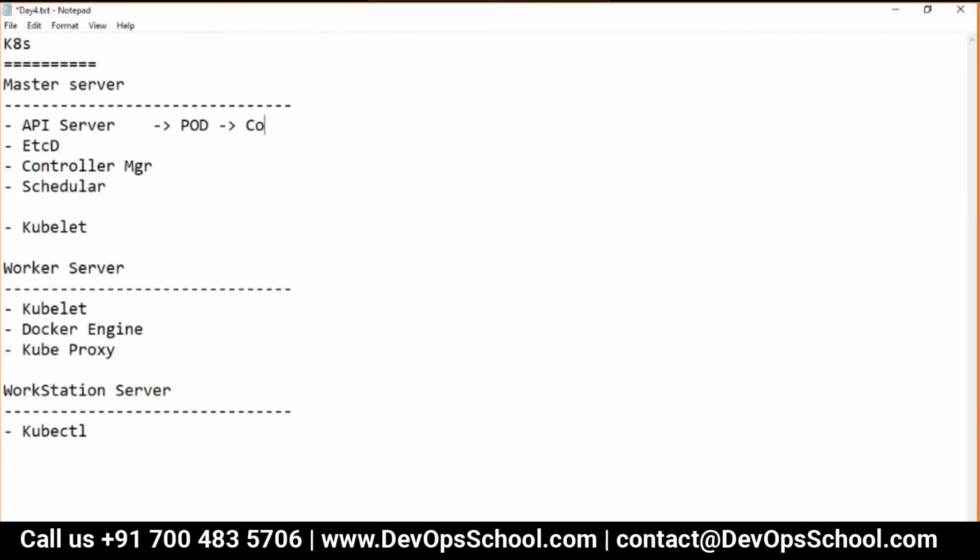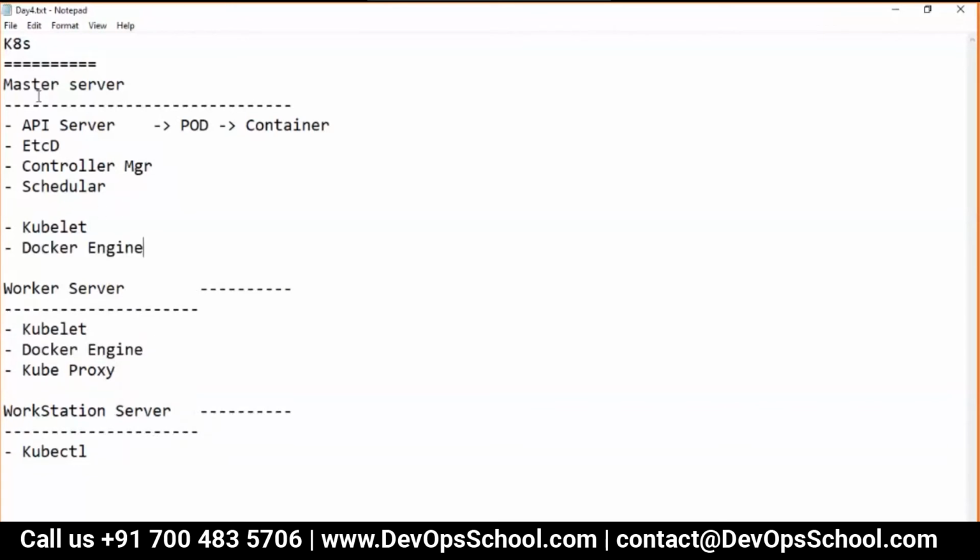Simple logic. Now guys, pod hosts a container. Now container is created by which component, which tool? Anyone? Docker. Yes, how can you say container is created by pod? Container is created by Docker.